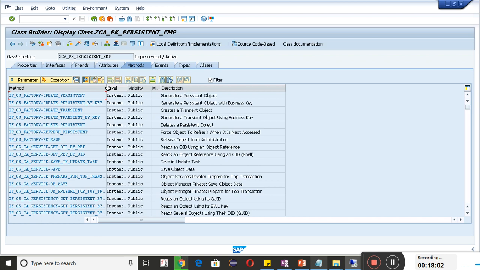Fine, let's go ahead. Now in the actor class, you will see these methods: create persistent by key, create transient by key, delete persistent, refresh persistent, release, get old by reference. There are many, but let us see how we use create persistent, update persistent, and delete persistent, for creating, updating, and deleting the persistent data. First, let us create the persistent data. Let's go to